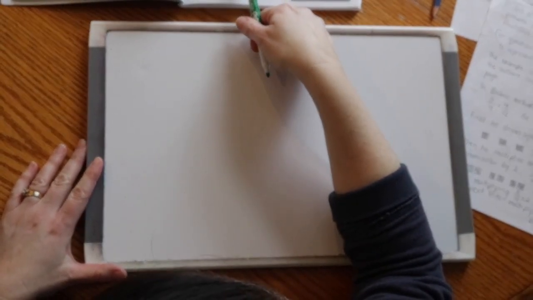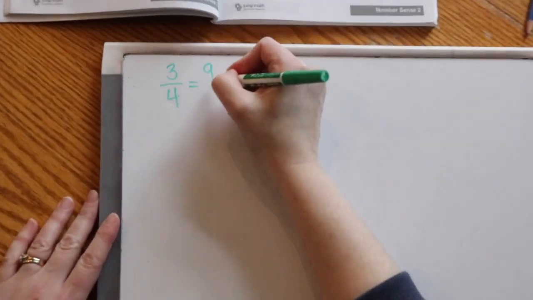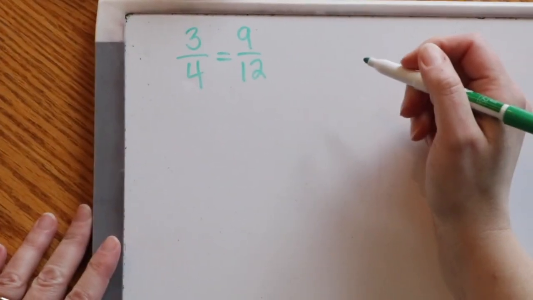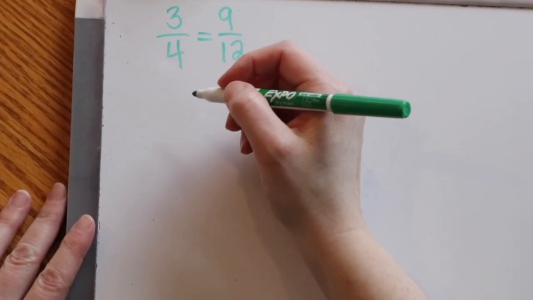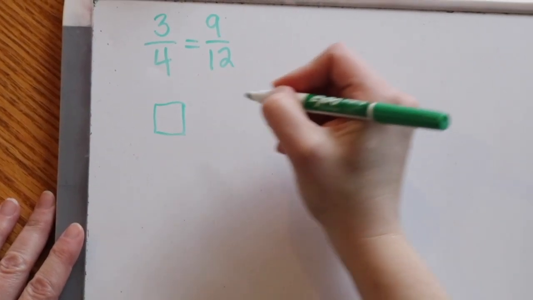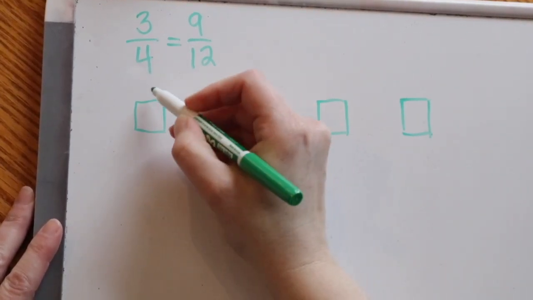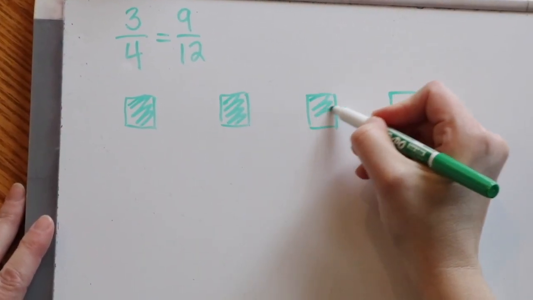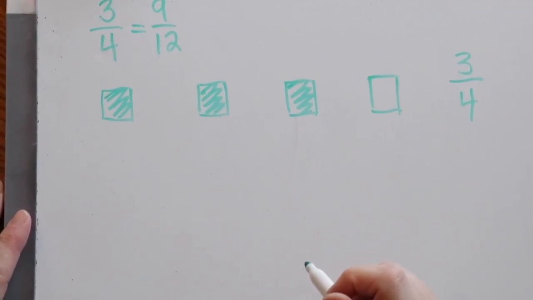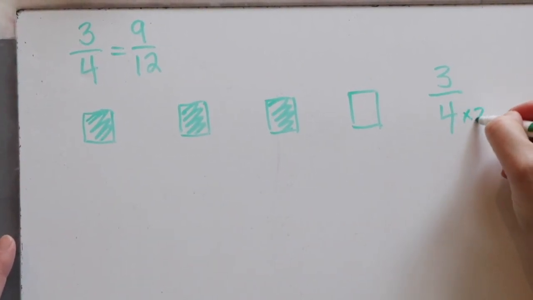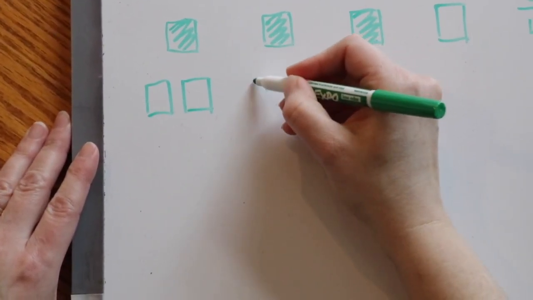So in Brian's method, you have to show that 3/4 is equal to 9/12. And you have to do that using pictures. So he breaks this down into steps. First, he draws squares to represent 3/4. Okay. Then he multiplies the numerator and the denominator by 2. And to represent that, he draws 2 squares for every square